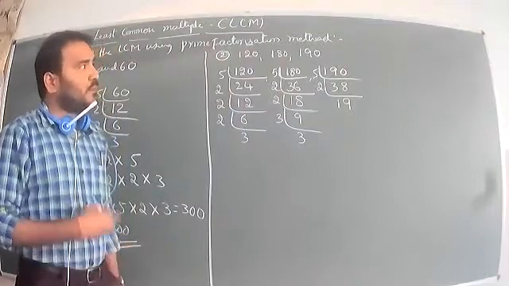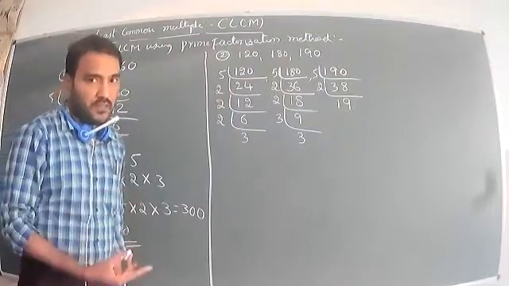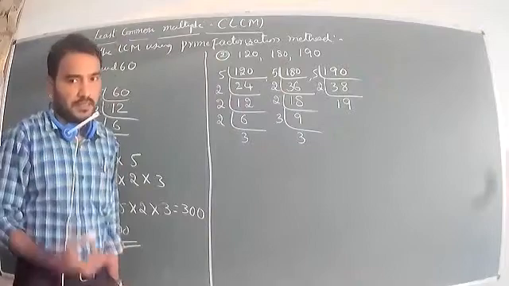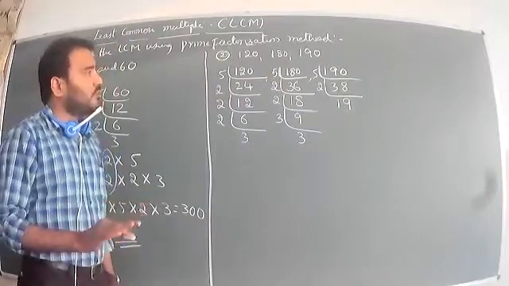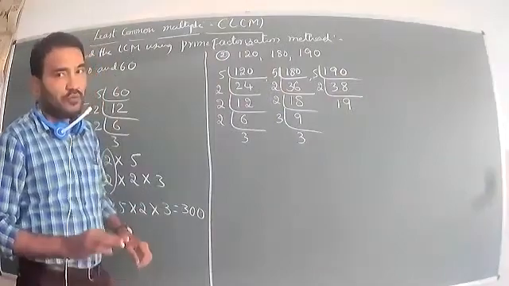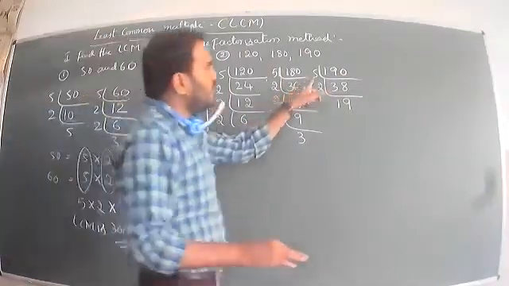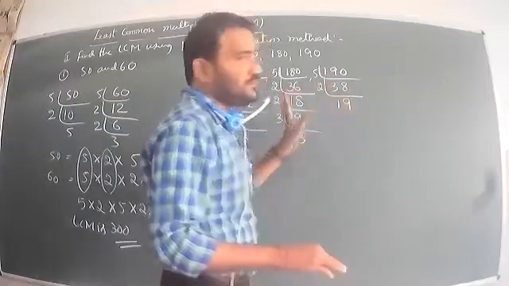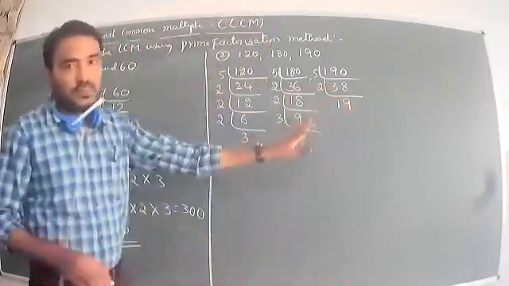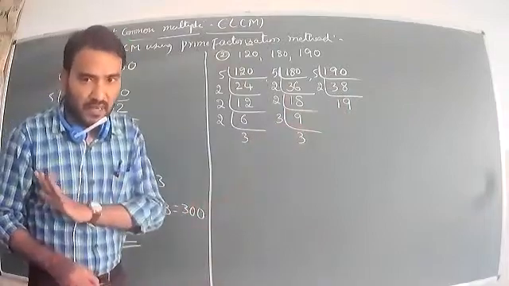So now completing the prime factorization method, find out the LCM. So it is completed. Prime factorization is completed. Now you can check any doubts are there. So 5 3 the 15, 5 8 the 40, 2 1 the 2, 2 9 the. Okay, so 19 is a prime number. I have to stop the prime factorization.